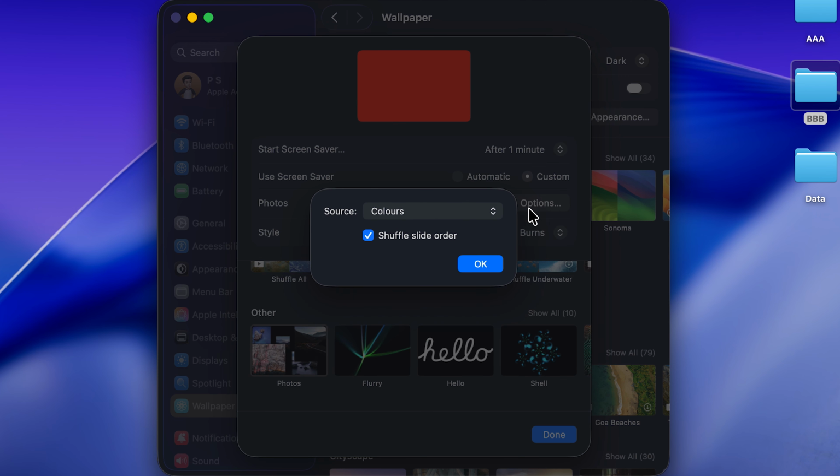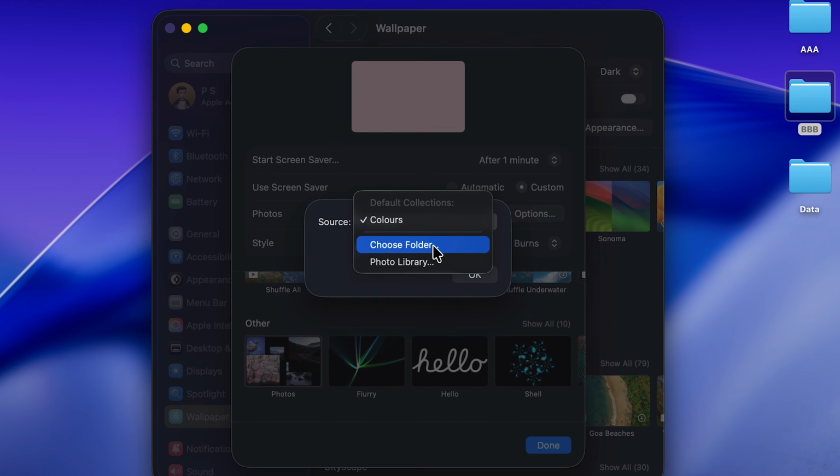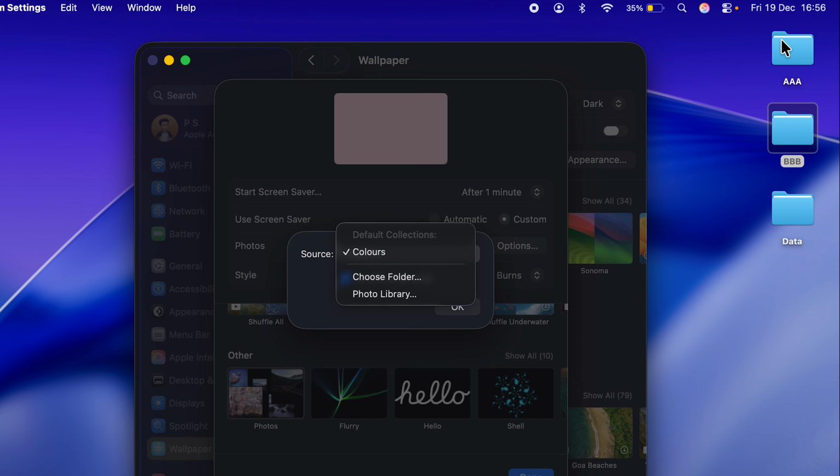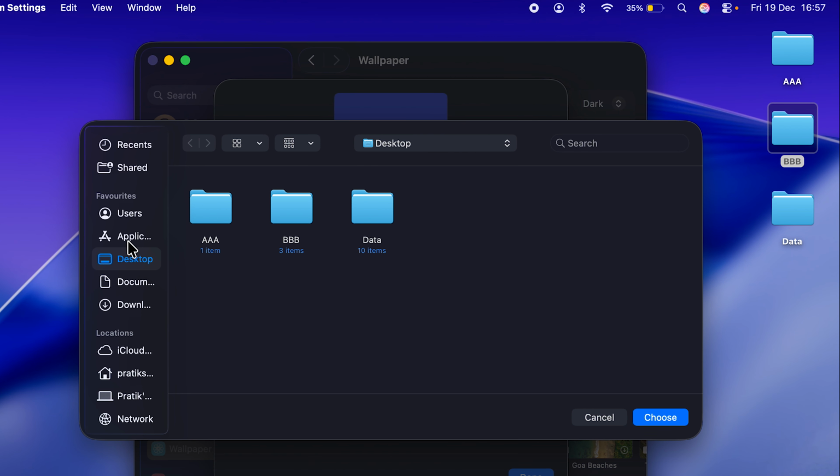Select Options, select this drop-down and select Choose Folder. Remember earlier I told you that I have already made folders for that. If you have created folders with the images you want to use as a screensaver, you can select those folders from here. Tap on Choose Folder and then go to that destination, select that particular folder